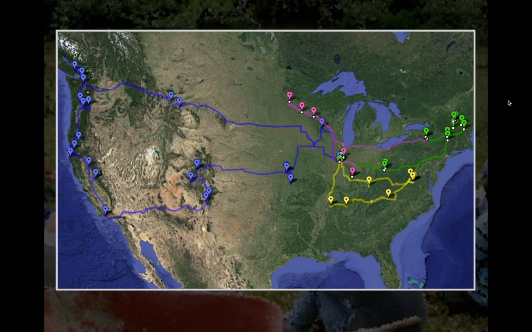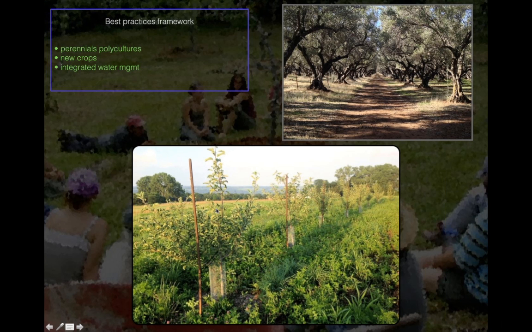And at these farms, I gathered a lot of socioeconomic data about quality of life. I mapped all the farms, and all that data I'm just analyzing now, and so I don't have concrete numbers to report from that yet. But I can use some of that to look back at some of these core elements and say, okay, are these things in practice? And so looking at perennial polycultures and finding that they are showing up on these farms,